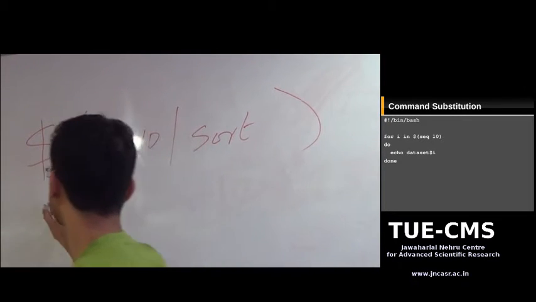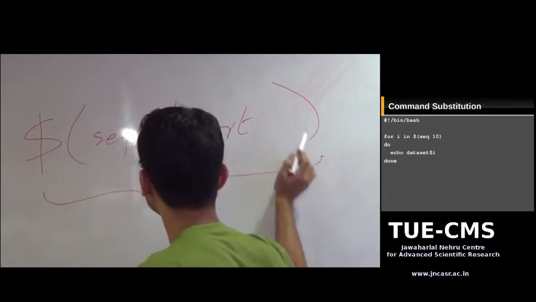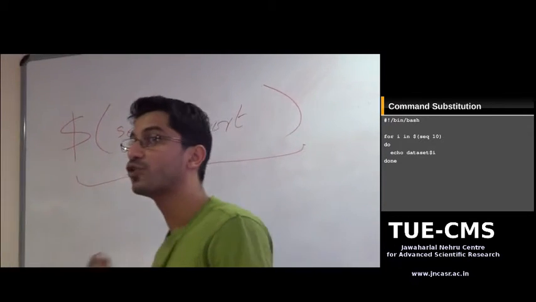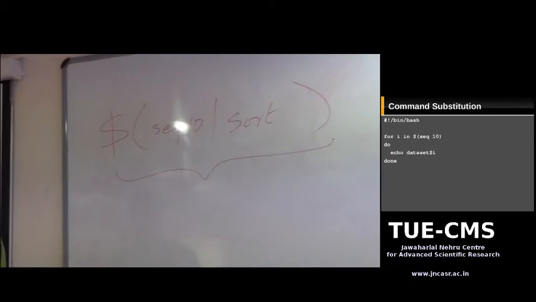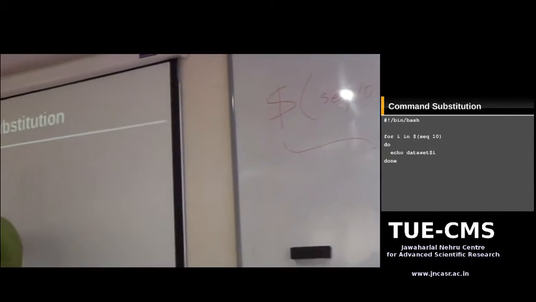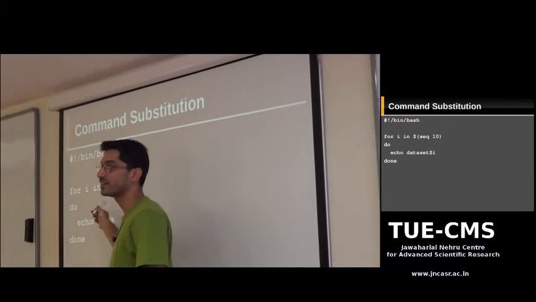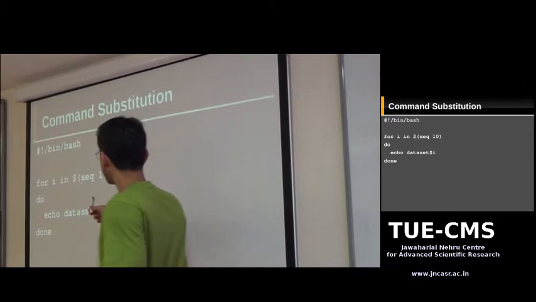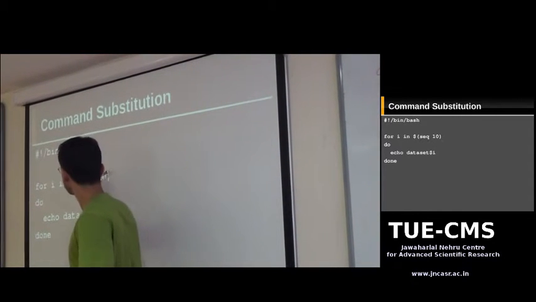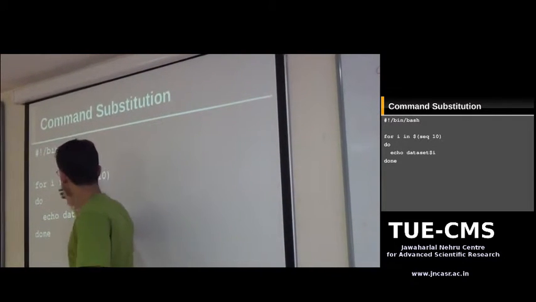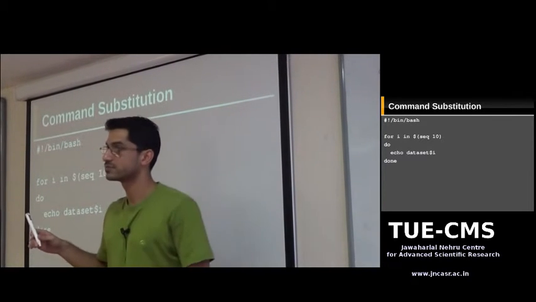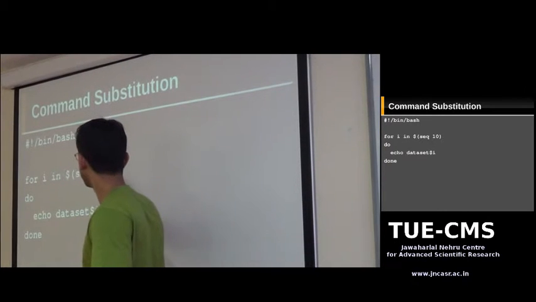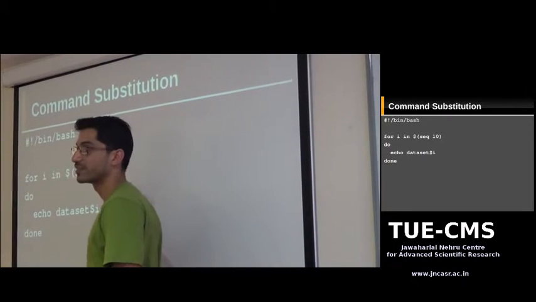Now what this does, when the shell sees this, is it's going to run this command in a subshell. And then once it gets the output of this command, remember earlier, if you didn't put the dollar and the brackets, if you just type seq 10, it's going to be substituted by its exit status, right? But if you put dollar and the brackets, the shell is going to run this command, and it's going to substitute this line with the output of that command. So the output of this command is going to be the numbers 1 to 10, and the shell is going to substitute it over here. So effectively,